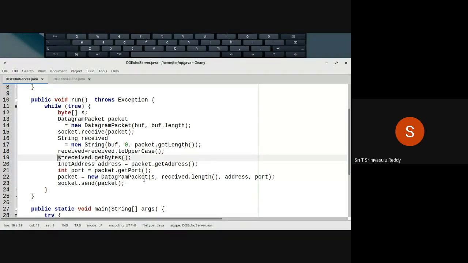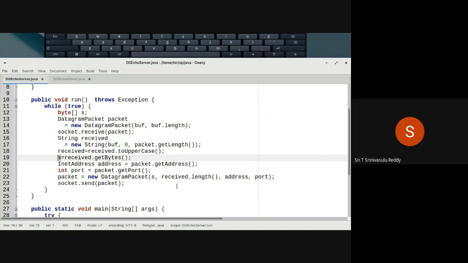And then to which address should this packet be delivered? That address you also specify. Here, instead of declaring these two variables, you can as well specify packet.getAddress if you want. No issue. Directly you can say packet.getAddress, in which case you don't even have to declare all these variables. That way also you can try it out. So address, comma, port. This address and port is the address and port of the client, where you want to give the reply back.